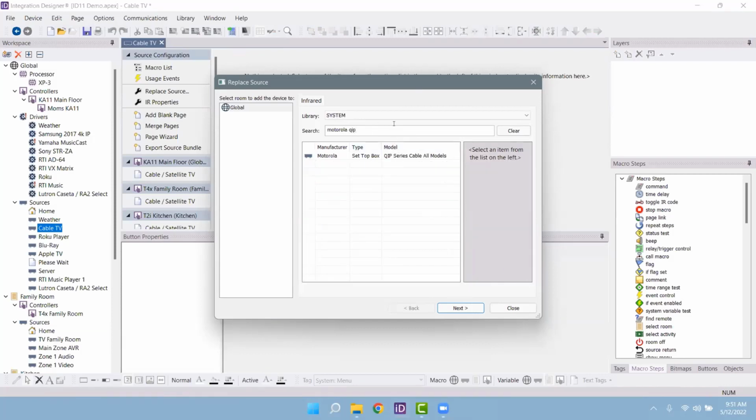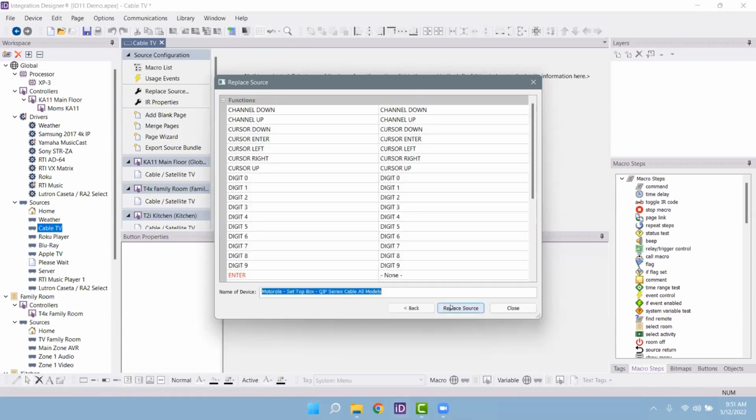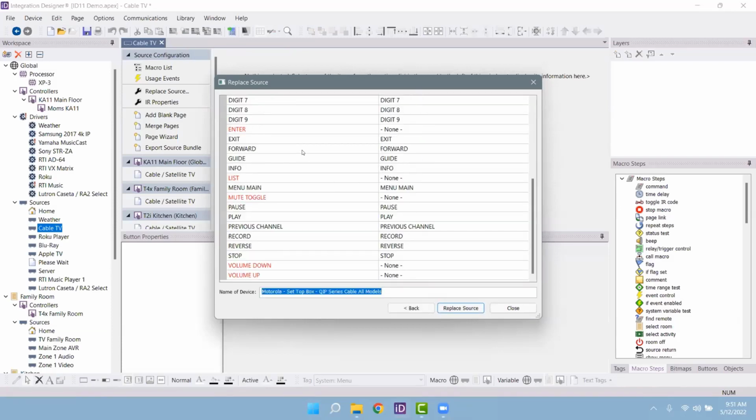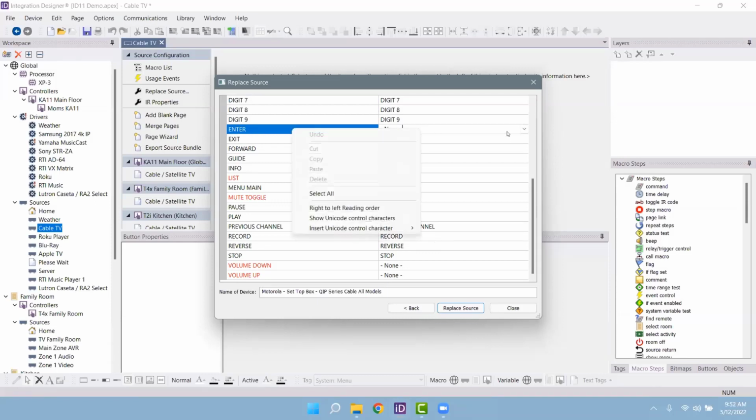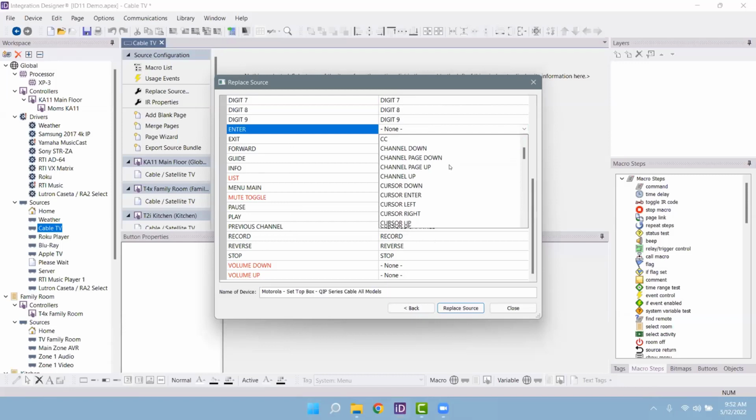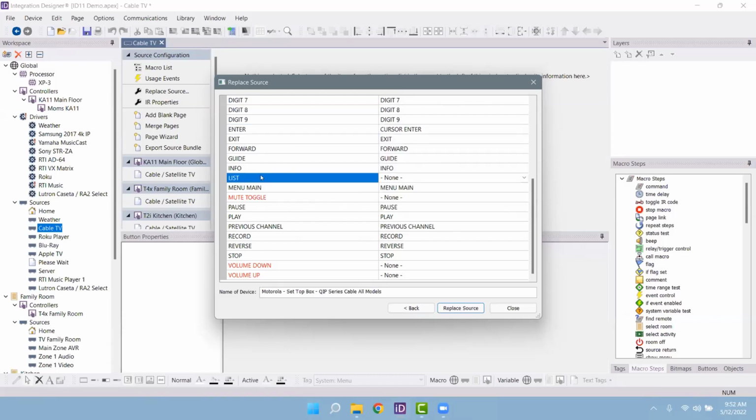Motorola QIP. And now if I go next, it'll let me cross-reference my commands from my first cable box to my new cable box and report any fallout. There's an enter command here on my original cable box, but none on the new one. So let's go and route that to cursor enter. There's no list on the new one, though there's a list on my current one. Well, let's round that out to